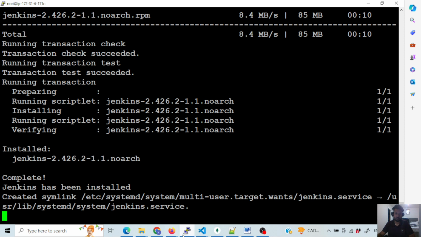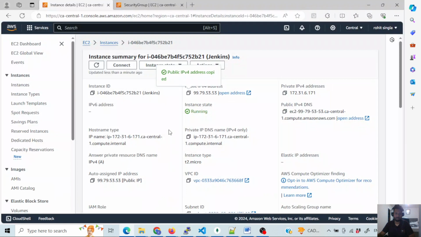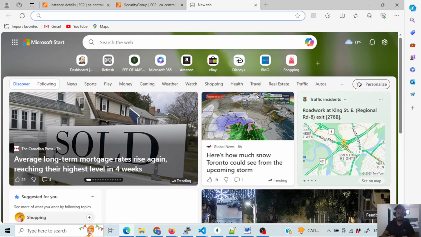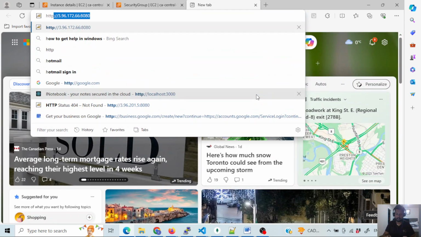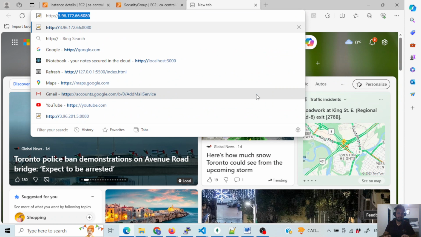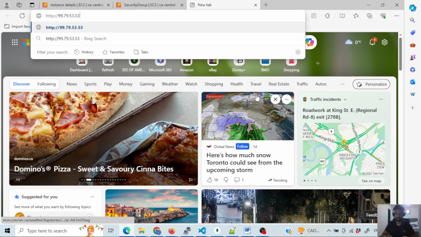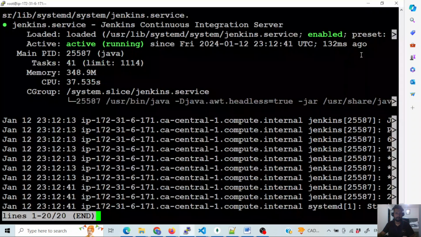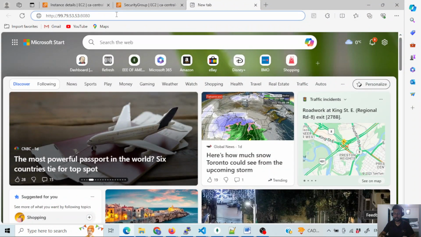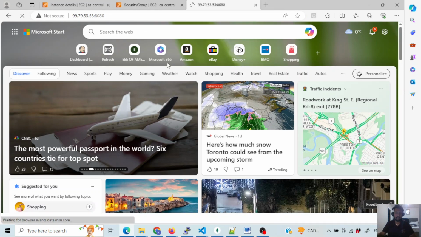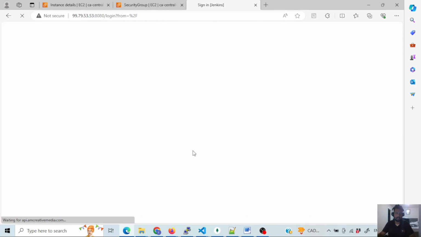So we have this IP address, and as the port is 8080, I will directly type http://, the public IP, 8080, and I'm waiting to see active running. So I just need to press enter, and we should get